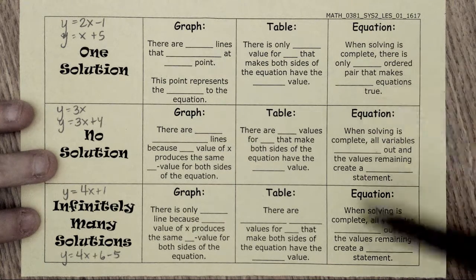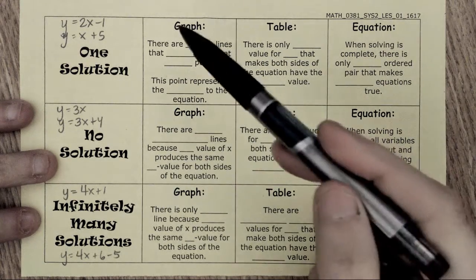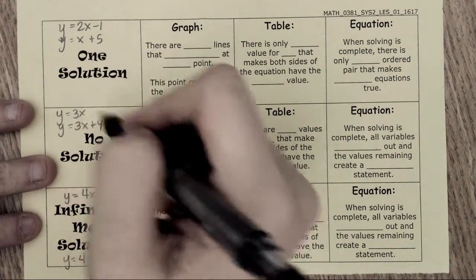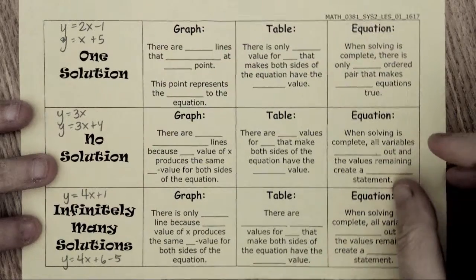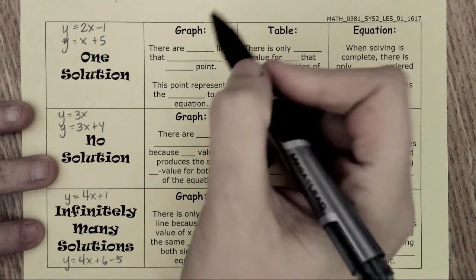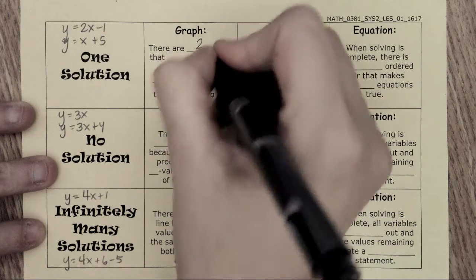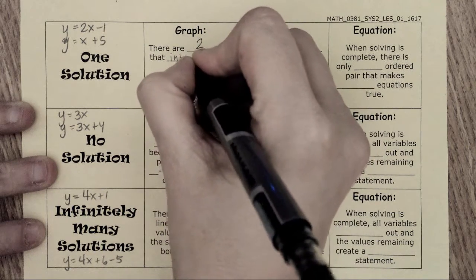That's going to look completely different. We will learn about that when I get back next week. But we're going to start by looking at graphs and tables. So when we had a graph, these are the same equations that we used yesterday with Cutie Pie and her recording situation. Okay, so in the graph, when there was one solution, there were two lines that intersect